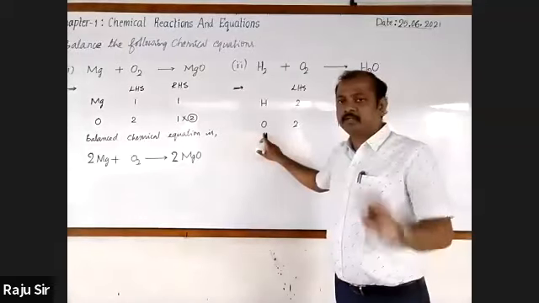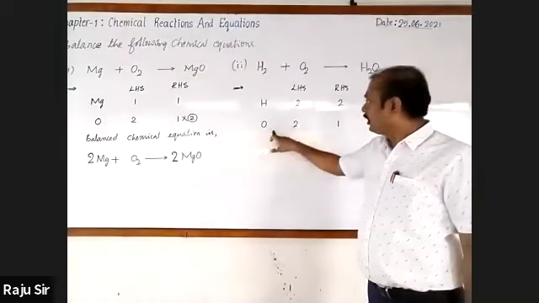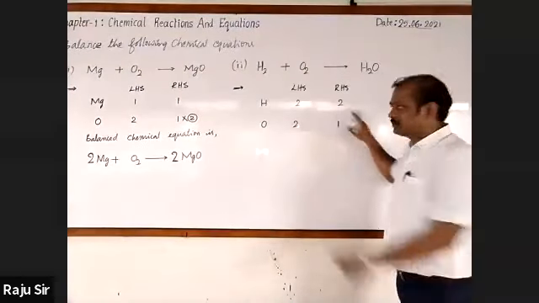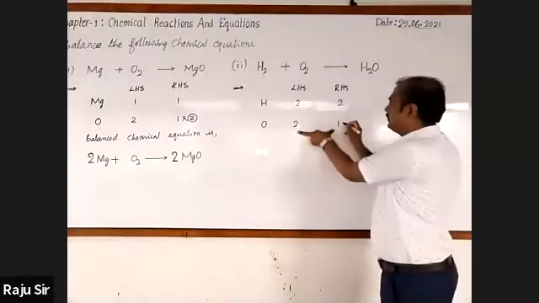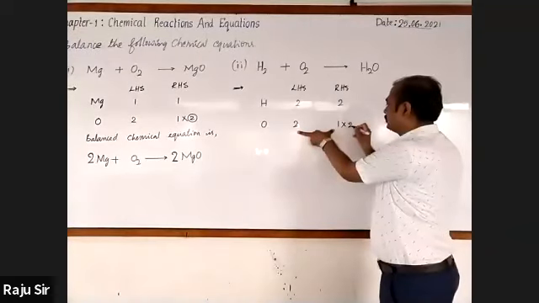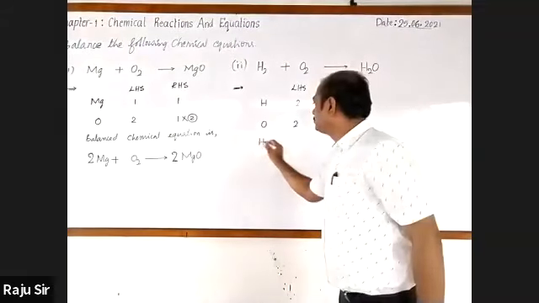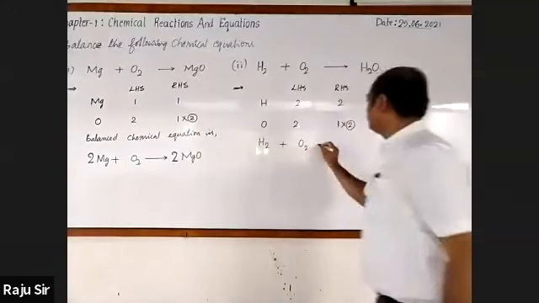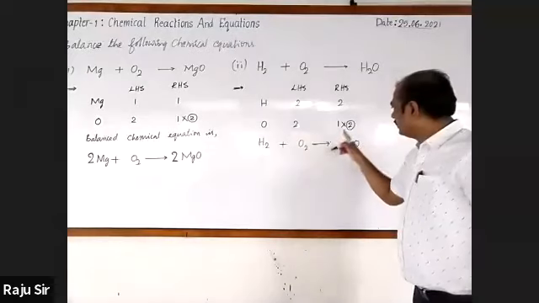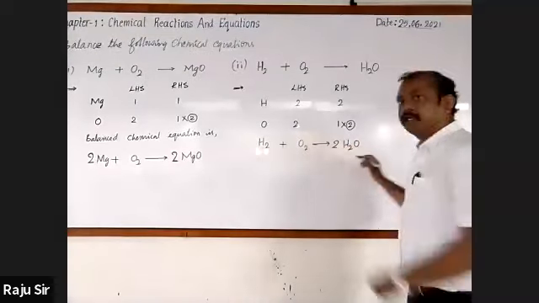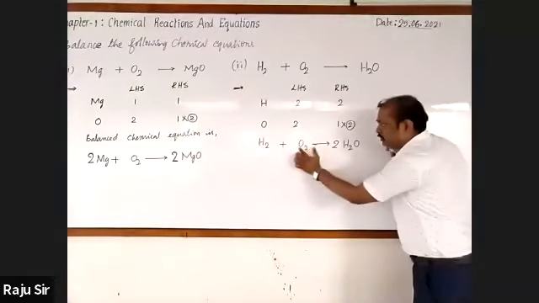Balanced equation. Now, which element has to be considered? Oxygen, because hydrogen is already balanced. Here it is 2 and 1. What should be multiplied with 1? 2, and it should be on the right hand side. Here I'll write hydrogen plus oxygen gives rise to water, H2O. Here 2 should be multiplied on the right hand side. Now oxygen is balanced: 2 atoms of oxygen here, 2 atoms of oxygen there.